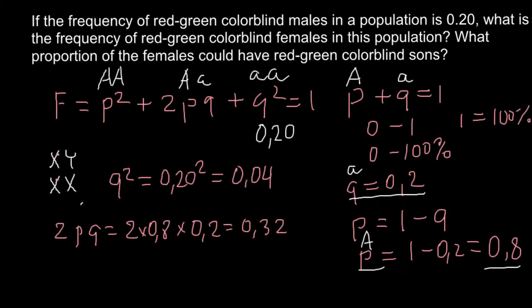And the genotype is going to be capital A, small a. So now, in order to answer the second question, what proportion of females could have red-green colorblind sons, we have to add two numbers: the number of females that are homozygous recessive for this genetic disorder, and the number of females that are going to be heterozygous for this genetic disorder. So we have to add